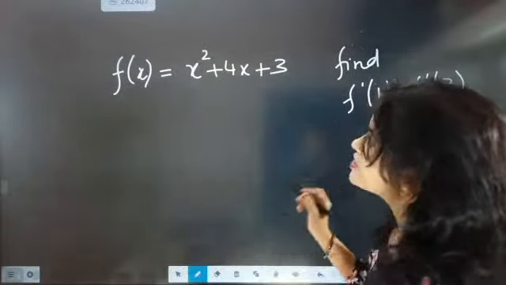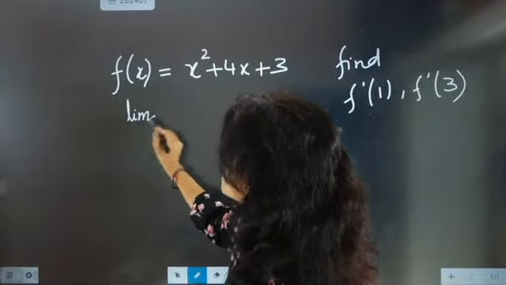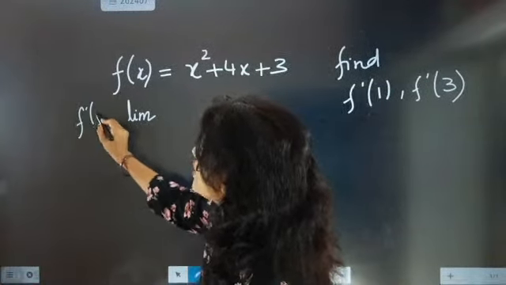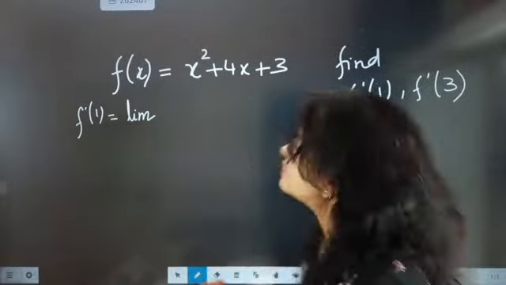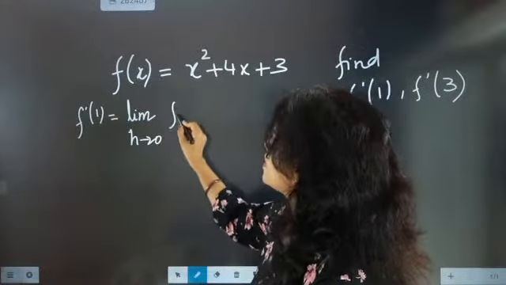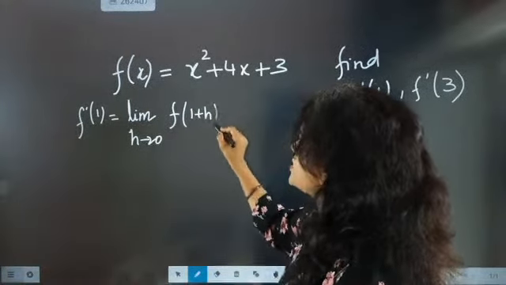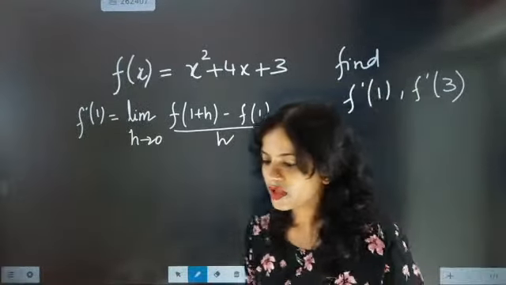Now look here, first thing is limit. Now first I am going to find f dash 1. For f dash 1, what you have to write? Limit h tends to 0, f of 1 plus h minus f of 1 by h. This formula, because